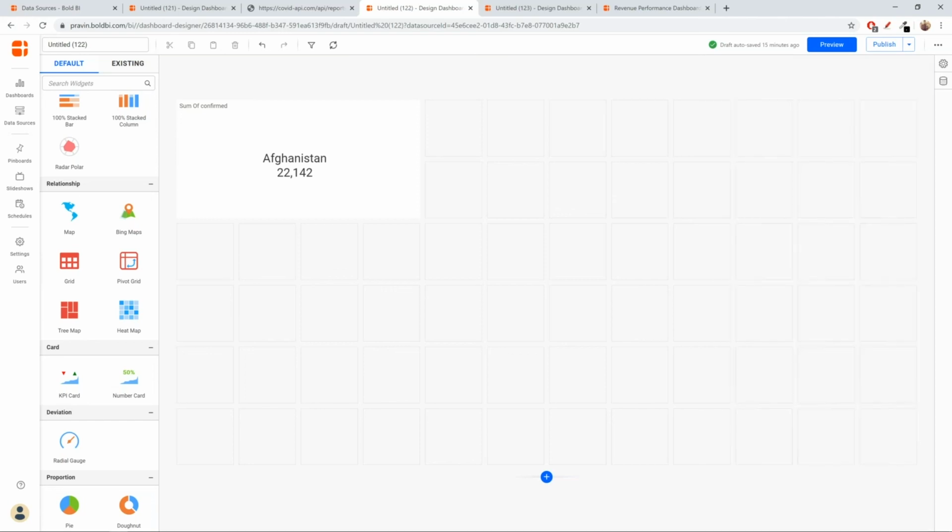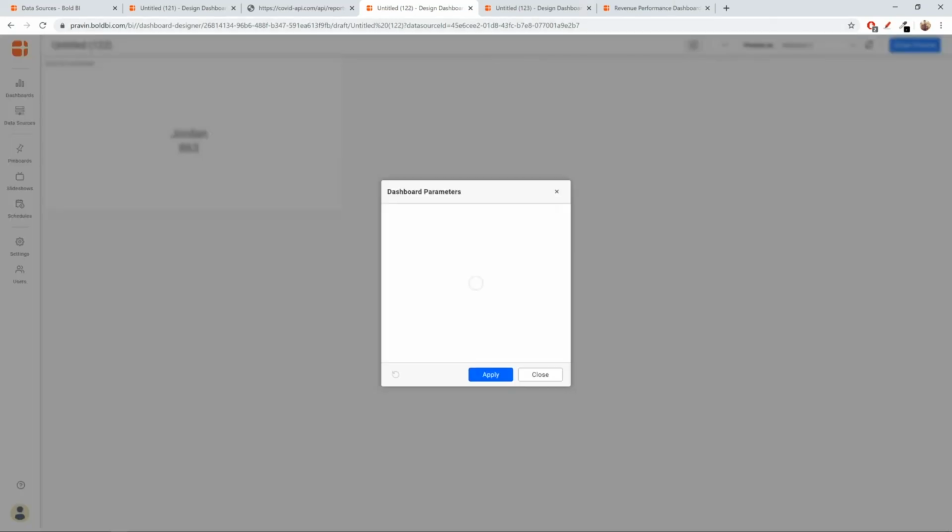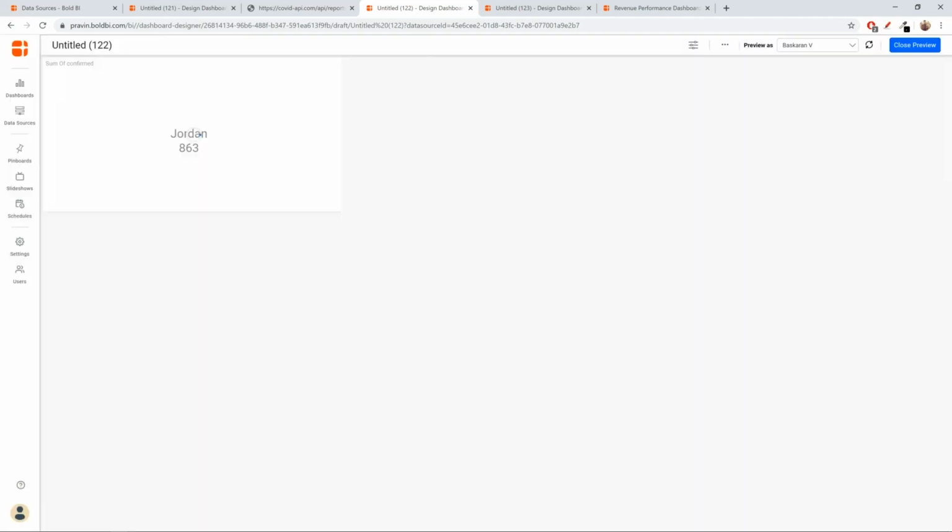Okay. So now, when you preview the dashboard, you see here there is an option to impersonate the user. So let me choose Bhaskaran. Now you can see here the value automatically changed, and this is how the dashboard is going to look when the particular person logs into the application and opens the dashboard. And even in the list of parameters, you'll have access to only the set of values that we assigned. You'll not have access to other values. Let me choose a different value now and click apply. So the value is going to change.